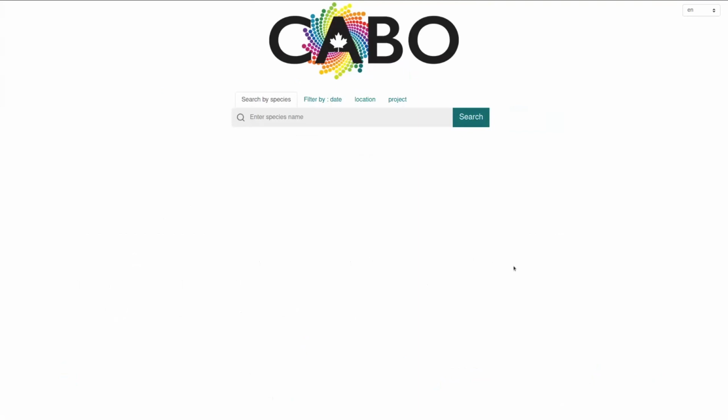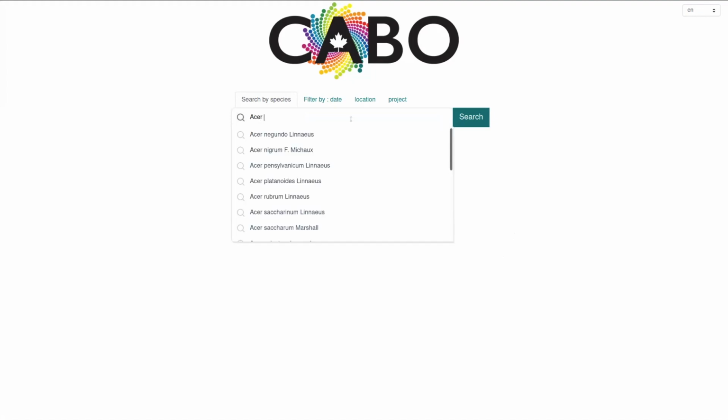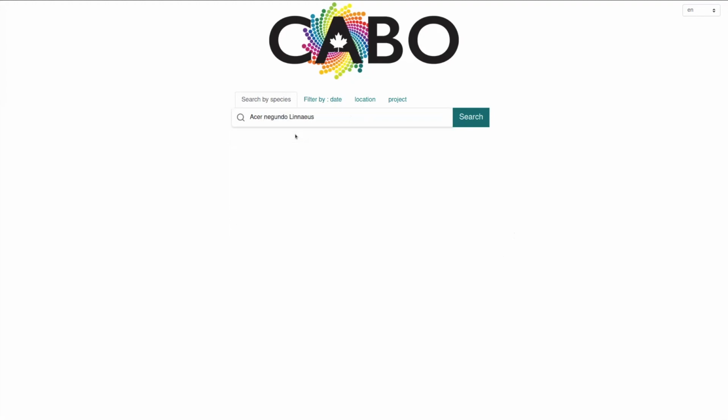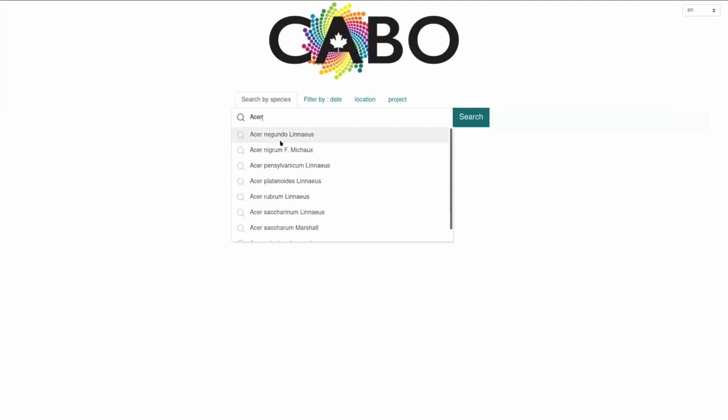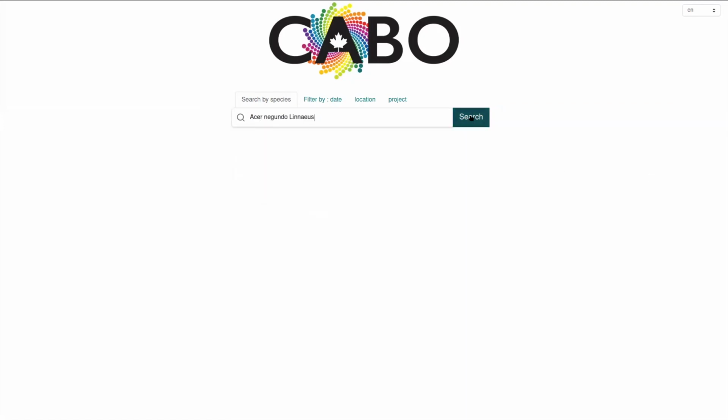So the main way by which you interact with the portal is through the search bar on top. I tried to do a design that was as easy as possible. So for example, we can start searching by species, which is the main way to search the portal. And we can say, okay, we're going to do Acer negundo. We can also search by, for example, if I do maple, you're going to get all the maples show up. This is connected to VASCAN, so you can search in French or in English and as well in Latin. So let's say we go back to Acer negundo, we click on it, and then we just do a search.